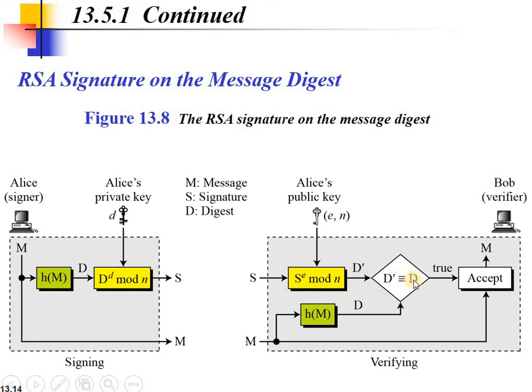If they are equal, then you can say that your message is totally pure and it's not modified by any entity in the medium, and it provides you message integrity, and your original message will be accepted as it is. So this is all about the RSA digital signature scheme in terms of the message digest, in terms of the confidentiality, in terms of